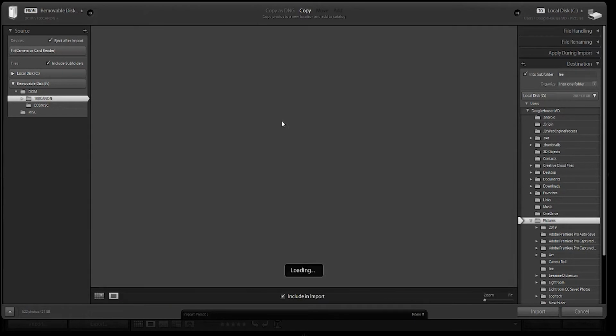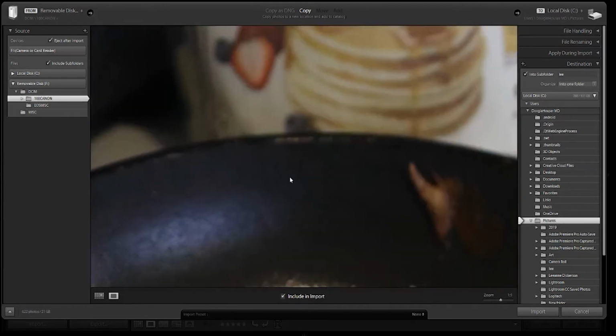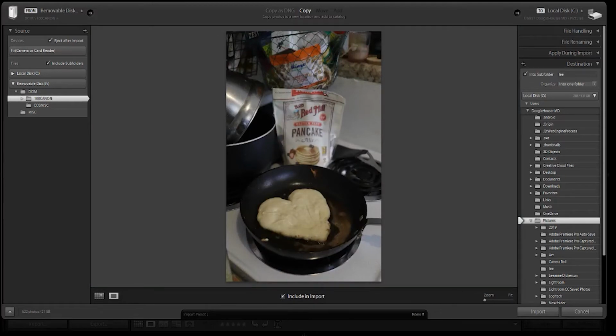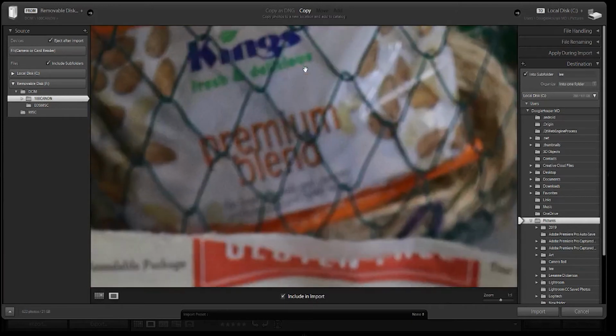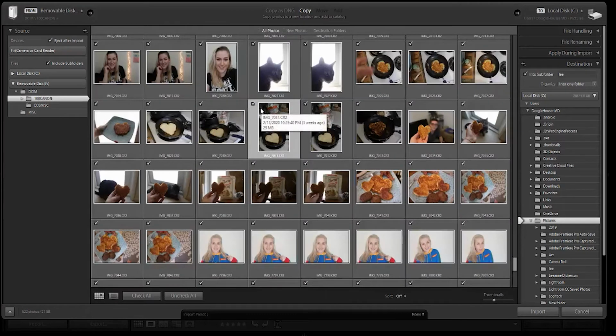And then once you double click the picture, it brings up the larger view so that you can zoom in and see the finer details of everything. I kind of like grain in my pictures, so I'm not too mad about this. Everything overall is still relatively in focus. Like, you can read that this is premium blend. I'm not mad. So I want to import this picture,